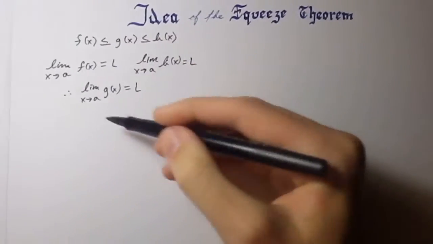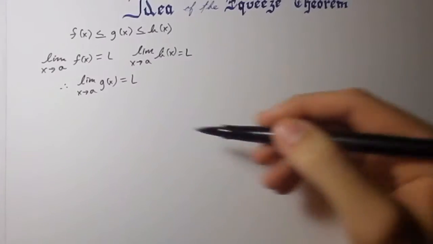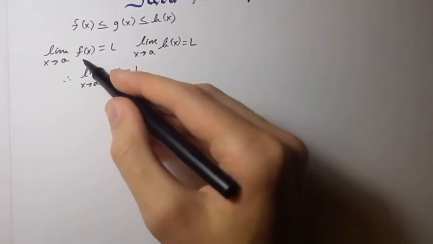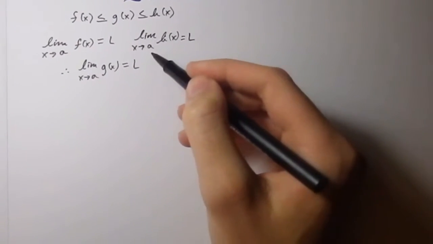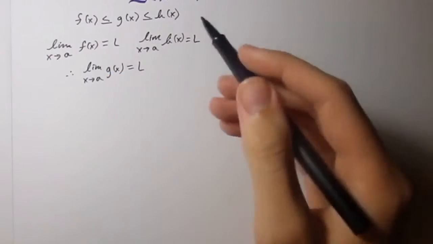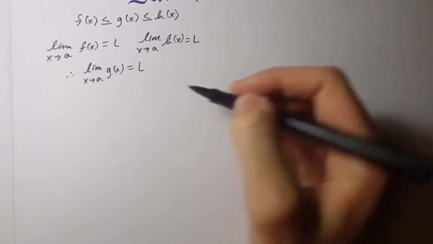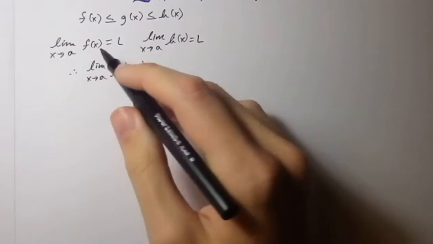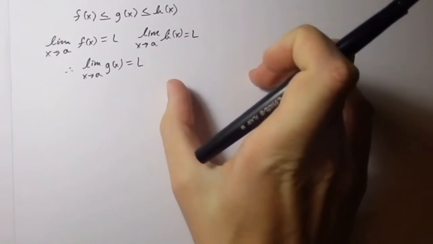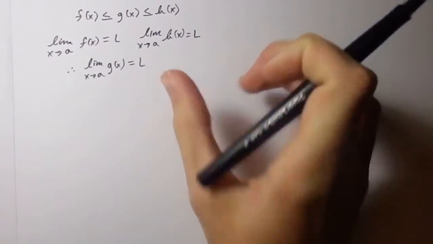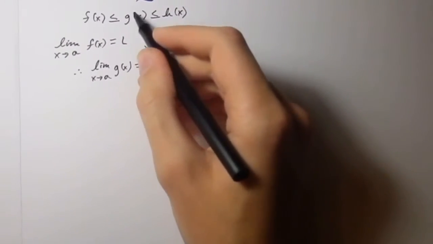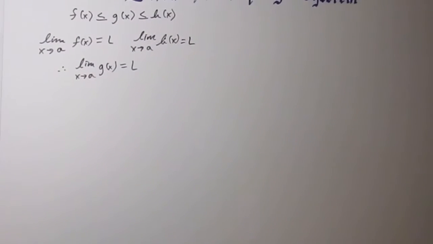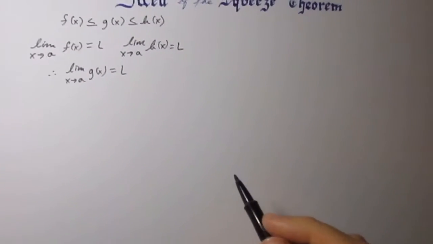And g of x, as a function, whatever function it is that passes the vertical line test, of course, has to squeeze in between f of x and h of x at a, because at a, the limit of f of x is some y value L, same with h of x, and if g of x is right in between f of x and h of x, it has to go through. So here's just a little